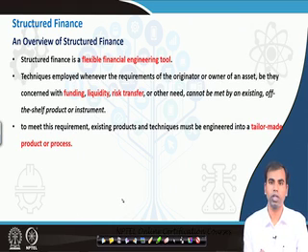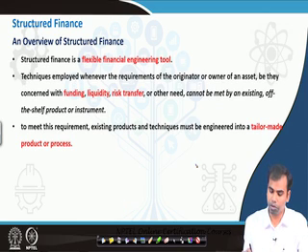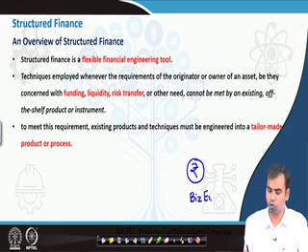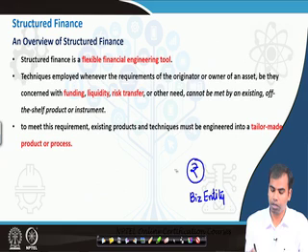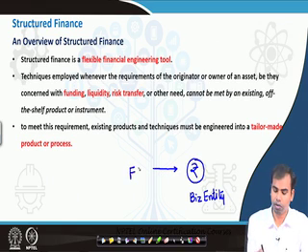Now, a business organization will have some requirement of funds, and that requirement will be communicated by the business entity to the financial institution. So, the business entity has a certain amount of money to raise, and this money will come from a financial institution